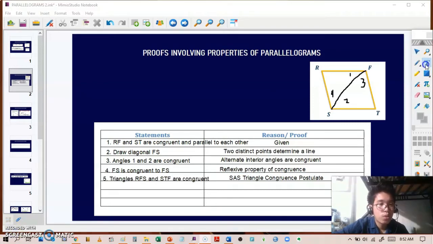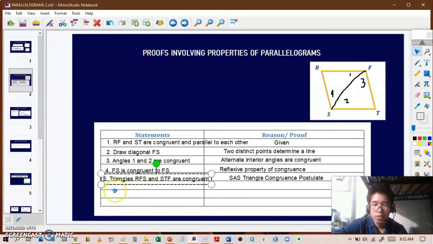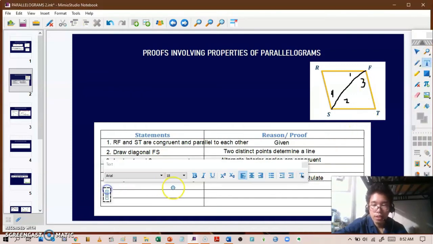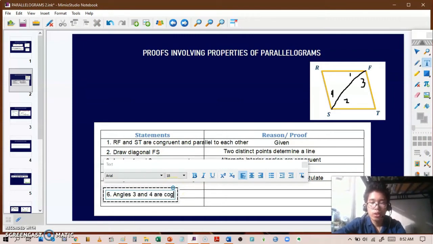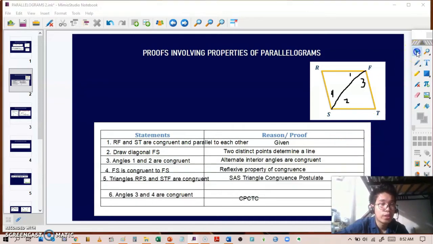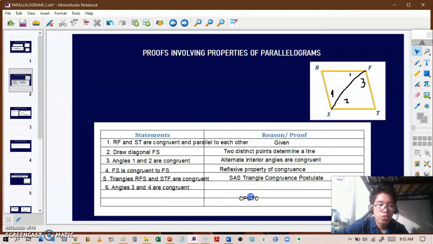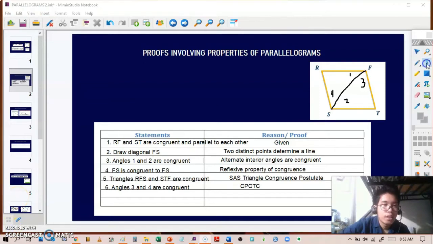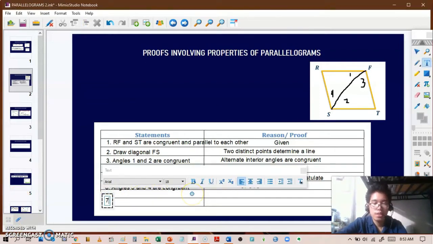After stating that, we can also state that angles 3 and 4 are congruent, because of CPCTC. We already have two congruent triangles on our figure, so angles 3 and 4 are congruent through CPCTC, or corresponding parts of congruent triangles are congruent. Then for our seventh statement, we can say that